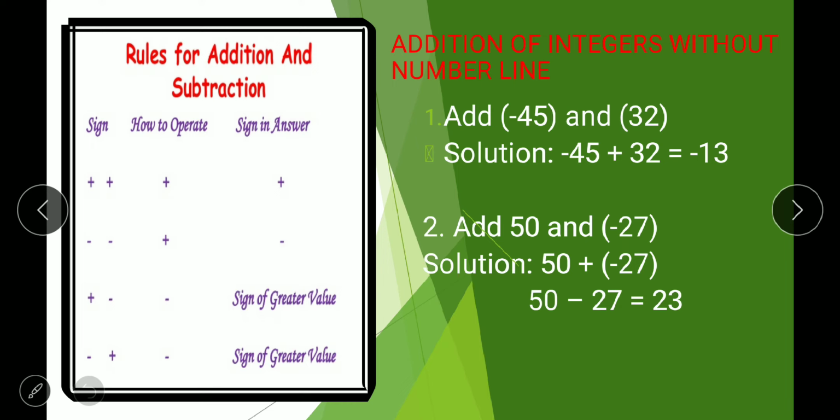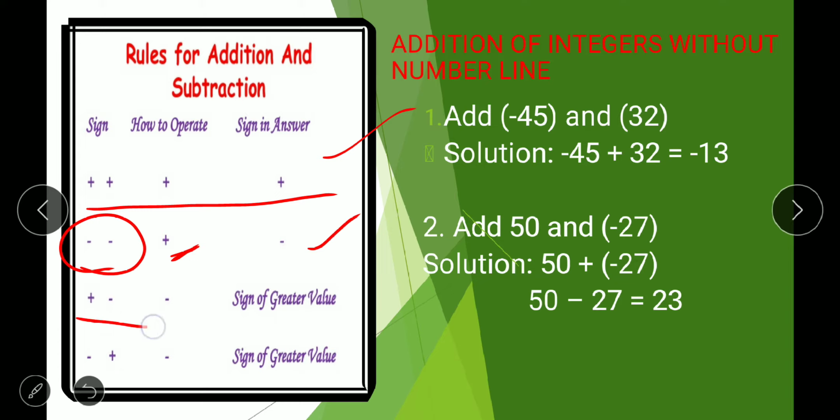And here we have some rules on how we can add or subtract integers without using the number line. When you are adding two positive numbers, directly we can add. You need not learn any integer rules. You can simply add and you will get your answer as positive. When you are adding two negative numbers, here also we only add, but what sign do we give to the answer? Negative sign.